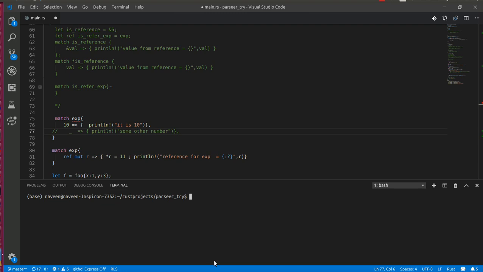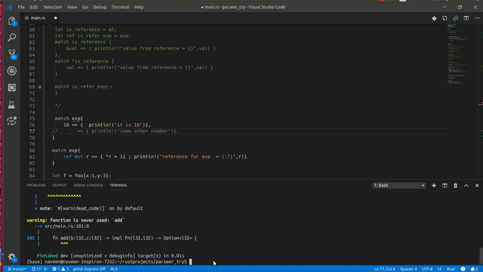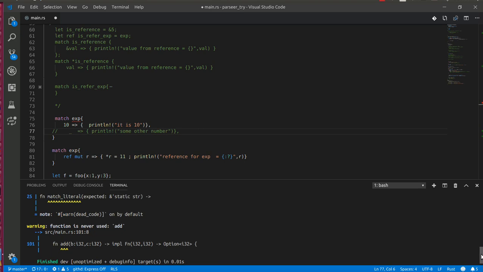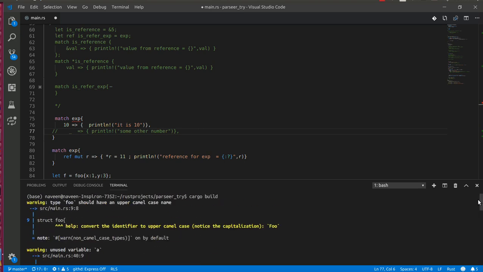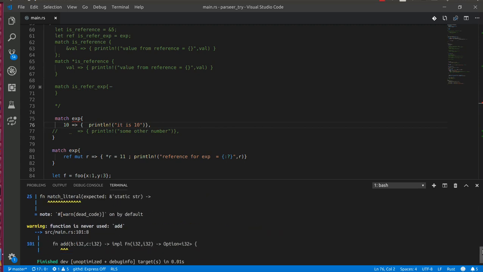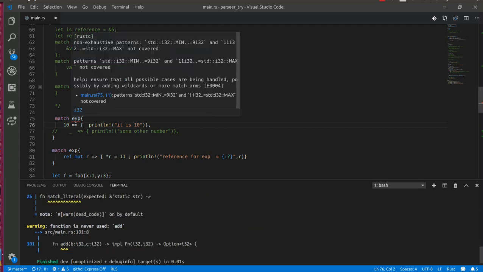Trying to compile, I can do compilation using cargo build. I think it's not saved. You see, there is an error message. The program is not compiled. The reason is non-exhaustive patterns. That means